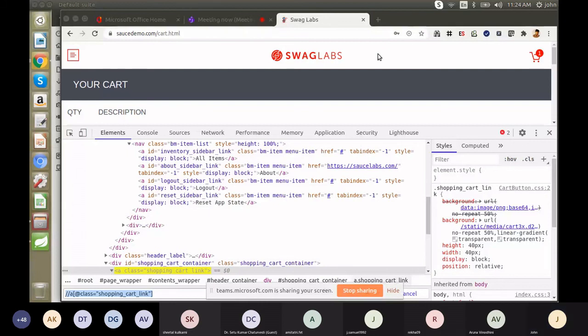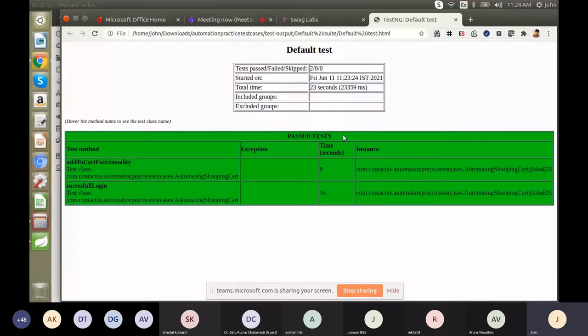Here we can see the results. Two test cases passed, and the time is 11:23 when we started, and it completed in 23 seconds. We can see the report here.